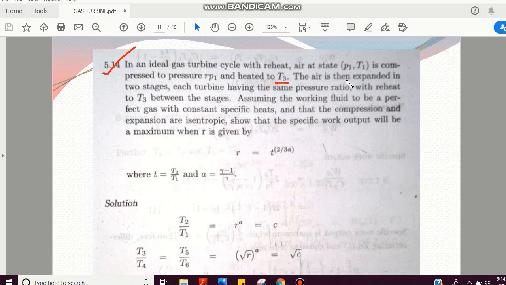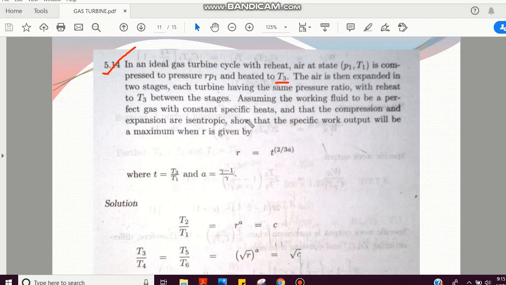The air is then expanded in two stages, each turbine having the same pressure ratio with reheat to T3 between the stages,